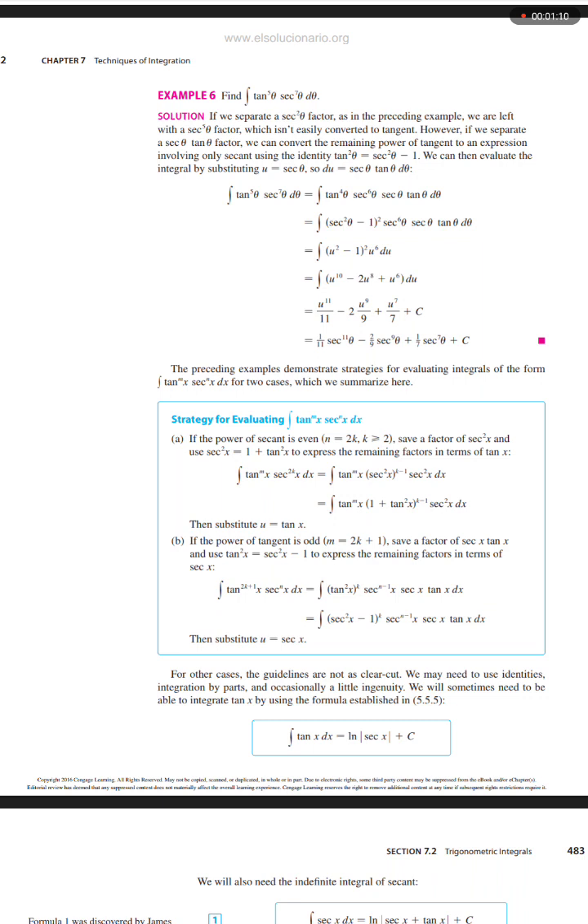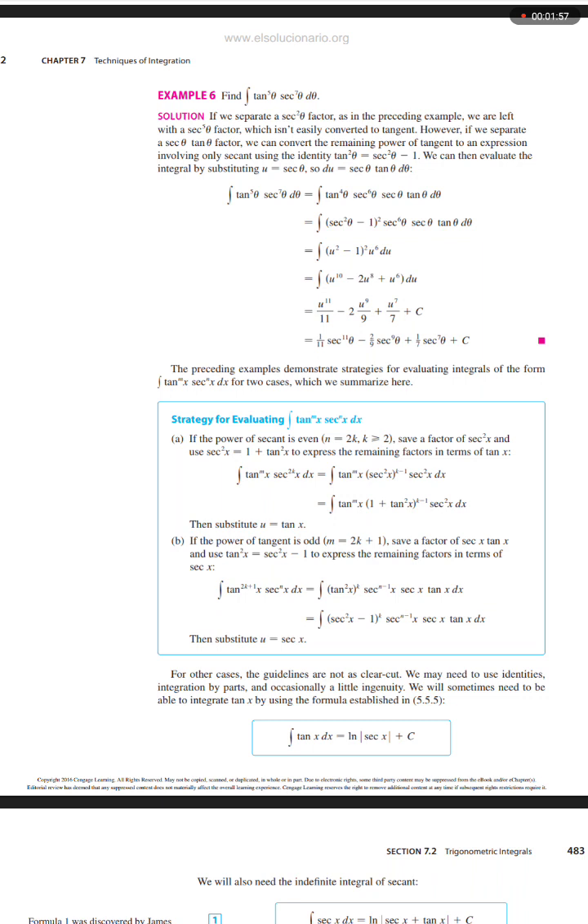The integral of tangent to the fifth power theta secant to the seventh power theta d theta equals the integral of tangent to the fourth power theta secant to the sixth power theta secant theta tangent theta d theta equals the integral of (secant squared theta minus 1) squared and secant to the sixth power theta secant theta tangent theta d theta equals the integral (u squared minus 1) squared u to the power 6 du